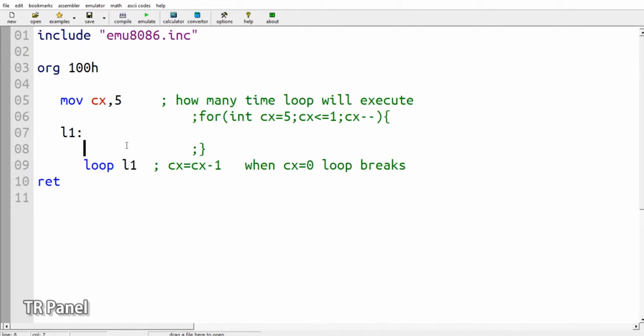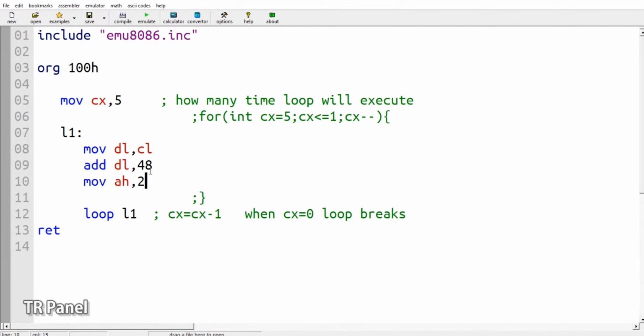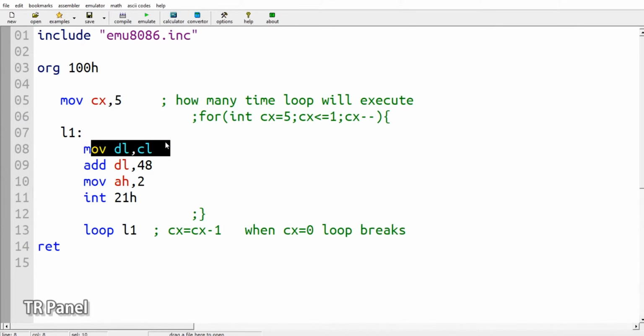Now if you add some code to display some value, you cannot use any register here, you can only use the Cx register. Now we are displaying the Cx value, which is 5.